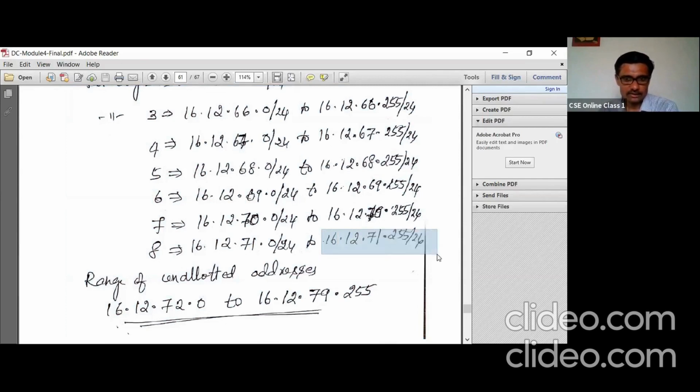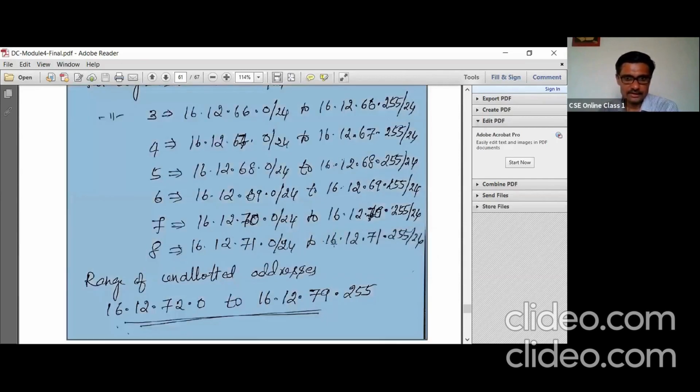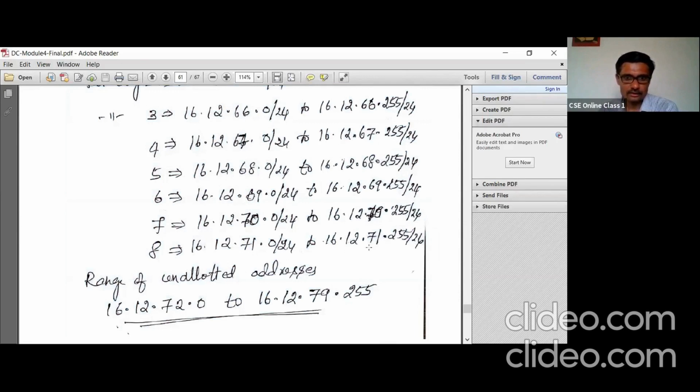What is the next address after this? That becomes 16.12.72.0. That is the starting address of the unallotted addresses. The starting unallotted address is this, up to the last address, which is this.